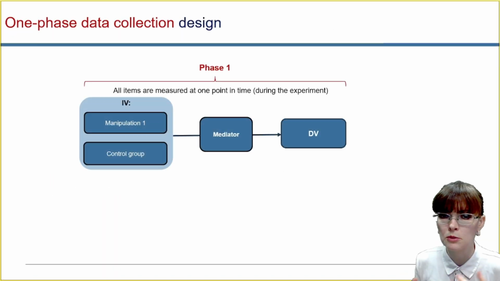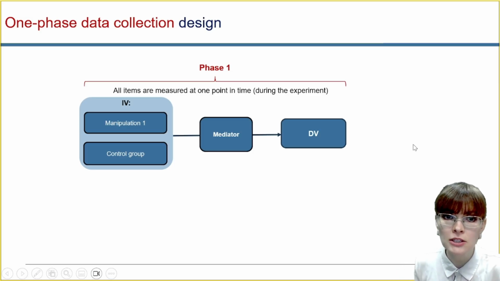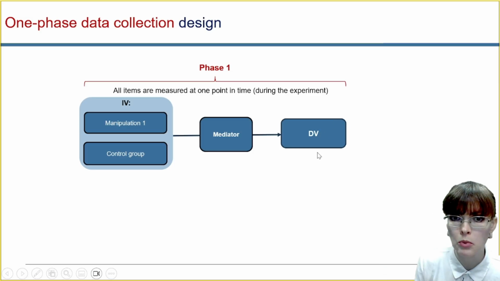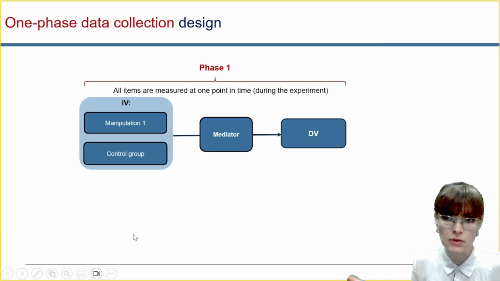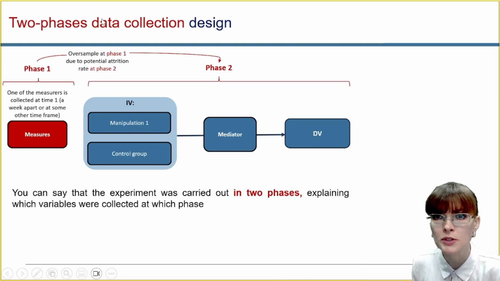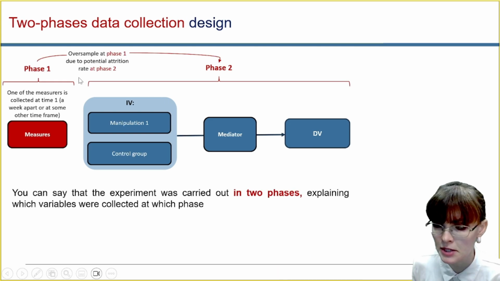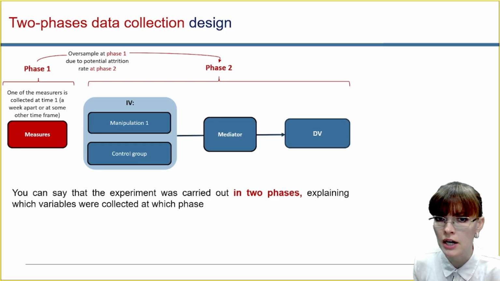This is how I would visualize one-phase data collection experiment. It basically means that you collect all your variables at one point in time, which means you are measuring your mediator, your control variables, sociodemographics, other confounding or extraneous variables, and your dependent variable at one point in time after you've executed your experimental manipulations. Easy, right? In case of the two-phase data collection, as the name suggests, you are collecting your data over two